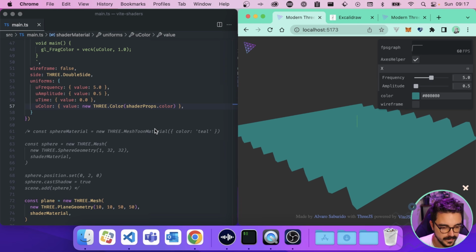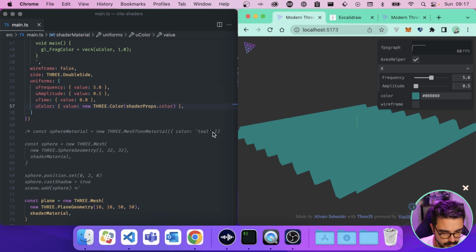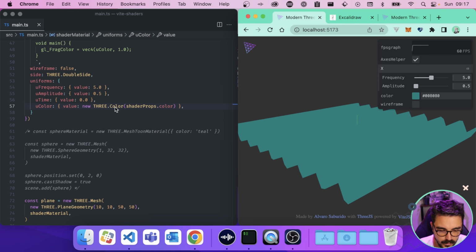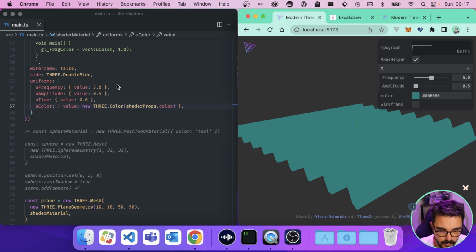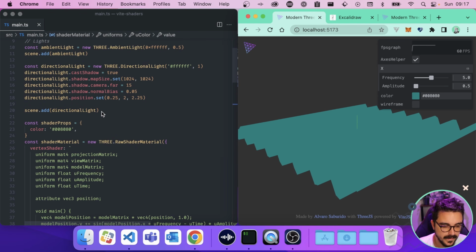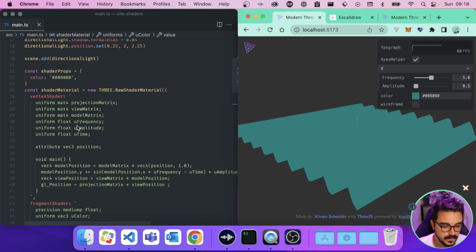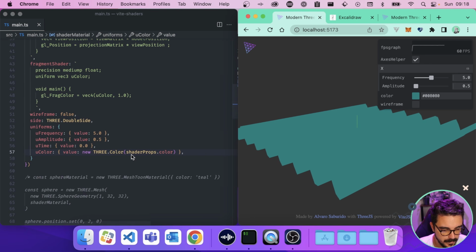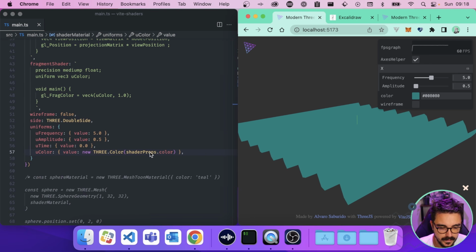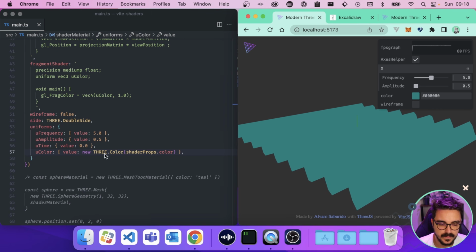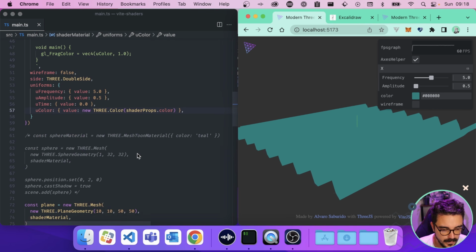Okay, I think I solved it. Basically, it doesn't work quite well with three.js Color directly if you put it in the Tweakpane. So what I did is a little bit of a hack. I created an object, I put the color in hex value, and we are passing that instead of the hot pink here. You can pass a hex value to the three.js Color, okay?